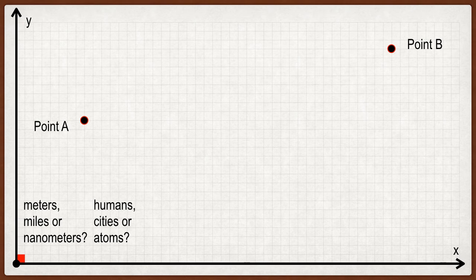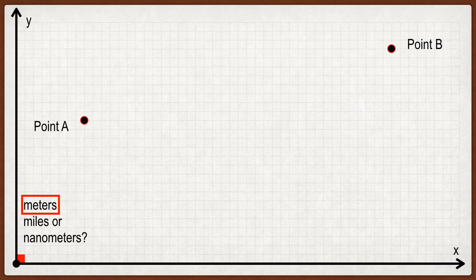But if you're talking about cities, then miles might be a little bit better. If you're talking about atoms, then nanometers would be a little bit better. If you did your reading, you know that a nanometer is a billionth of a meter, 10 to the minus 9, 1 over a billion of a meter. And let's say that we're working in meters. We're doing some human scale